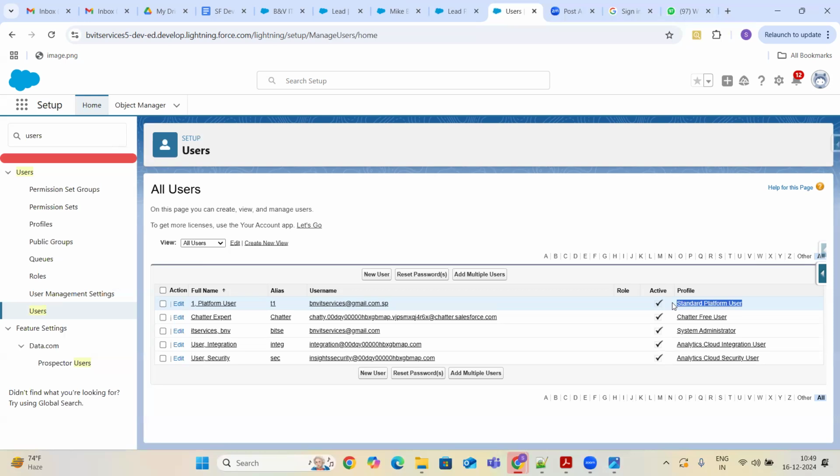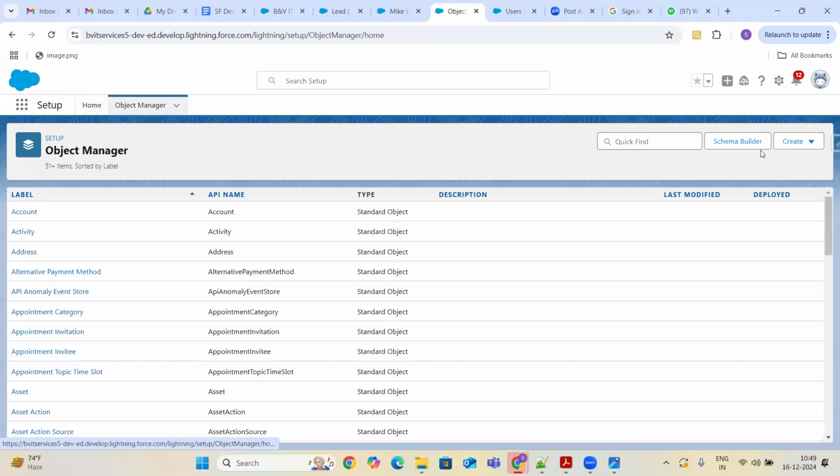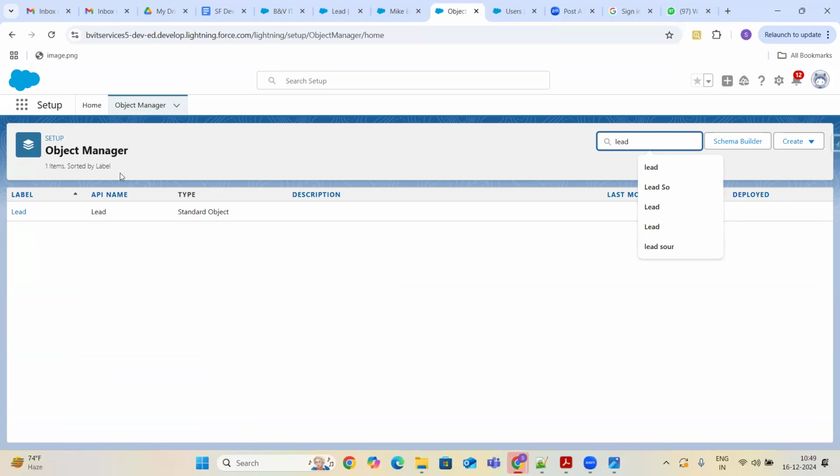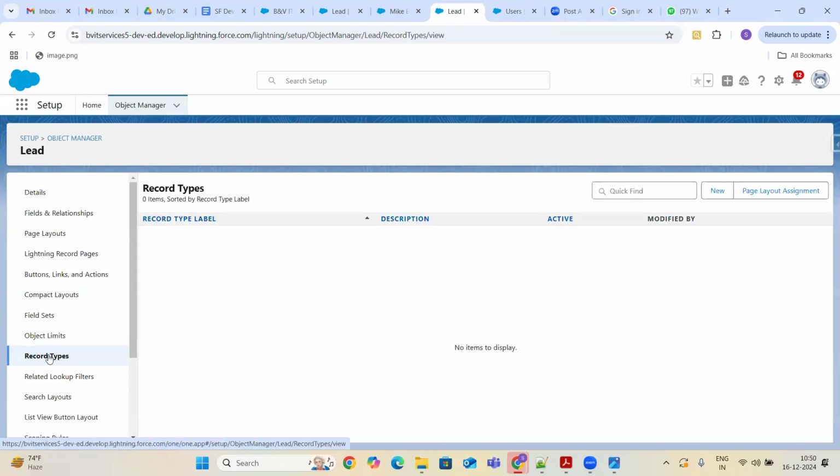And when I log in as the standard platform user and open the lead record, I would like to see 6 statuses on the lead. How that can be achieved, guys, is using the record types concept. In the object manager, if I open the lead object, there is a concept of record types. Right now I have created 2 lead processes.